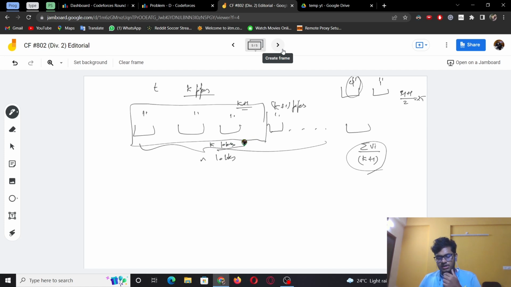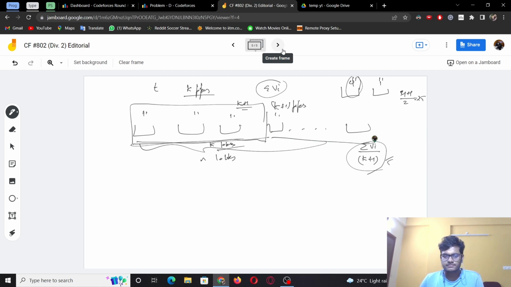So in this much time we would obviously supply sigma vi amount of water to this lock system. Some of it might overflow, but if we can ensure that all of the left hand side gets filled, then we can say that all the locks get filled. So what we need to ensure is that all the left hand side locks get filled, and sigma vi amount